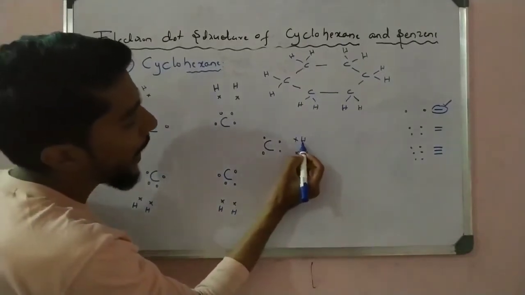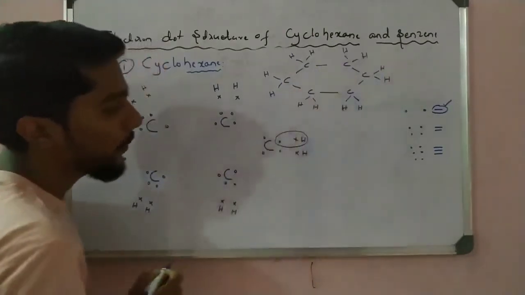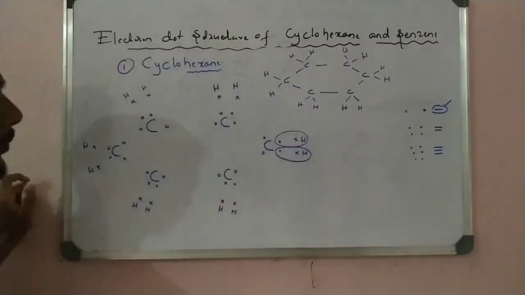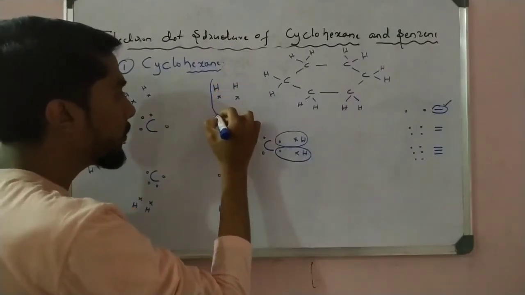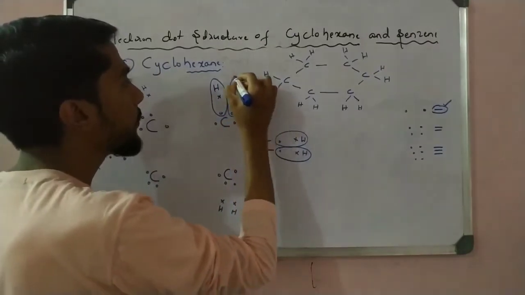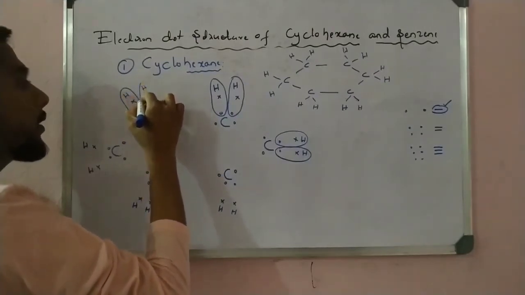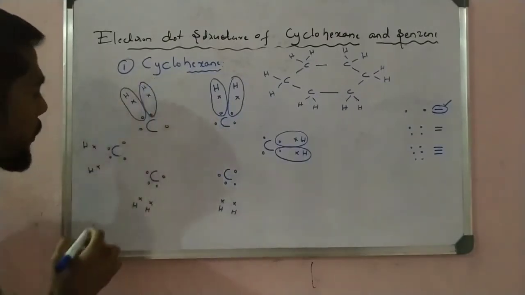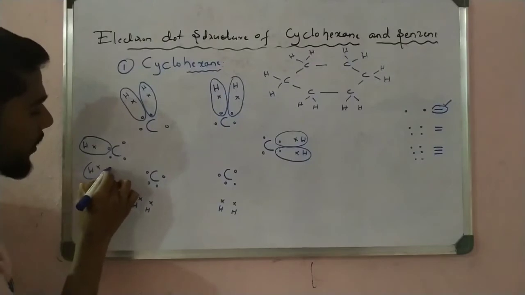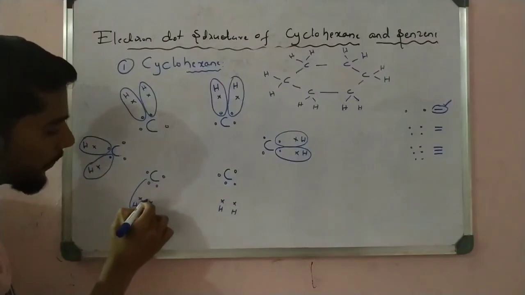See here, the hydrogen shares 1 electron with carbon, and they form a single bond like that. Here this is completed. Now this hydrogen shares 1 electron with this carbon, like that, 1 is over. Also here this hydrogen shares 1 electron with this, and here also this carbon and hydrogen share with each other. Here also like that. Here also 1 carbon and 1 hydrogen share, so a single bond. For hydrogen to complete the outermost shell, they require 2 electrons, so one is from carbon and one is from hydrogen. Completed, and here also completed.